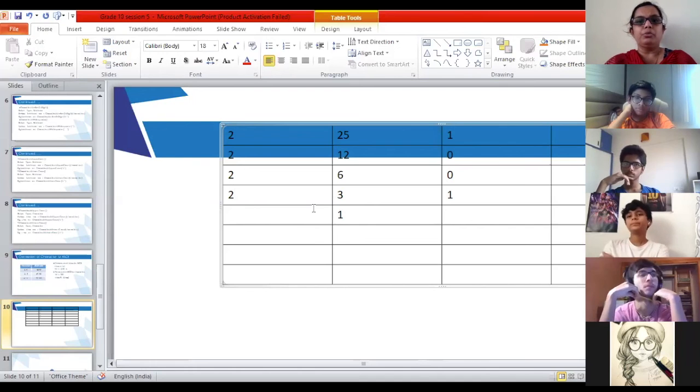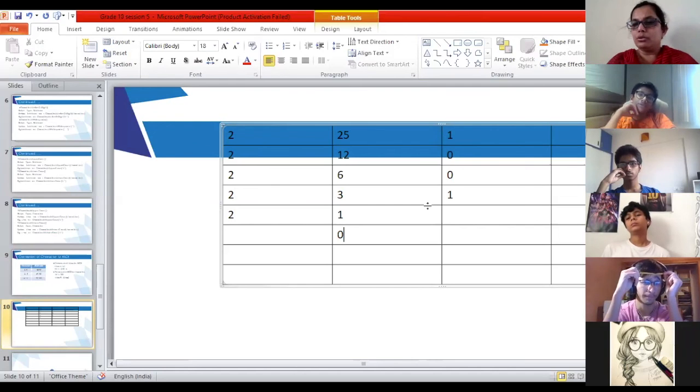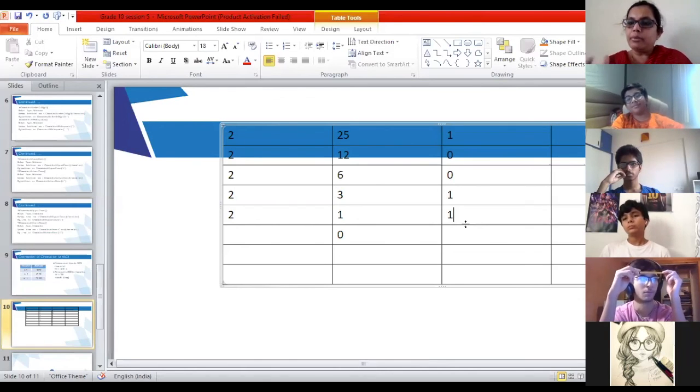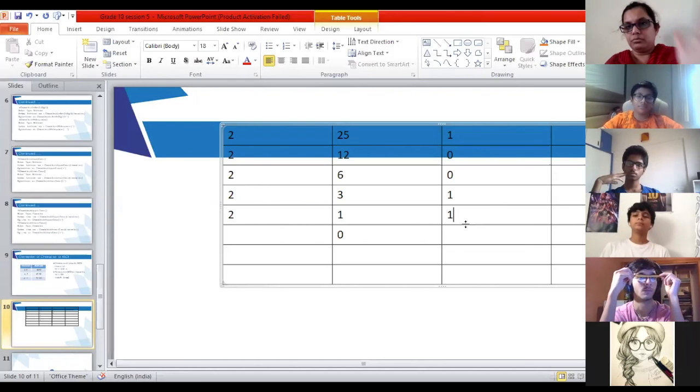Again divide by 2: quotient 0, remainder 1. You have to go on with this process until you get the quotient 0. So we will write the remainders from bottom to top.